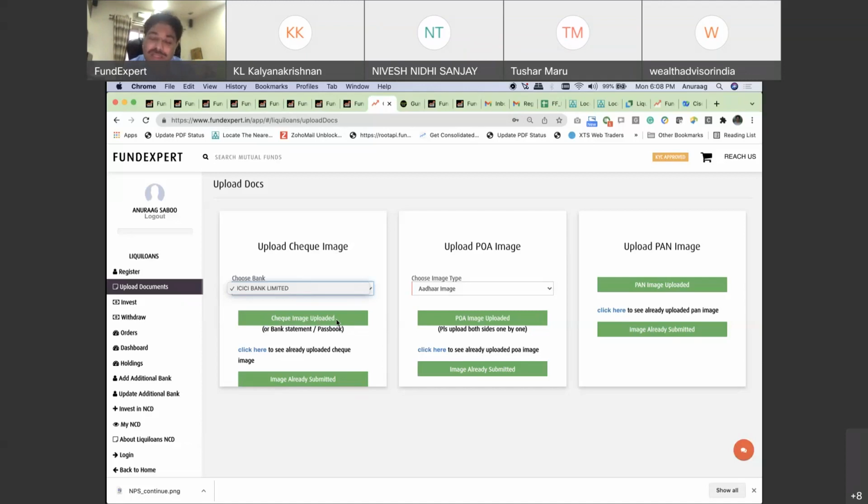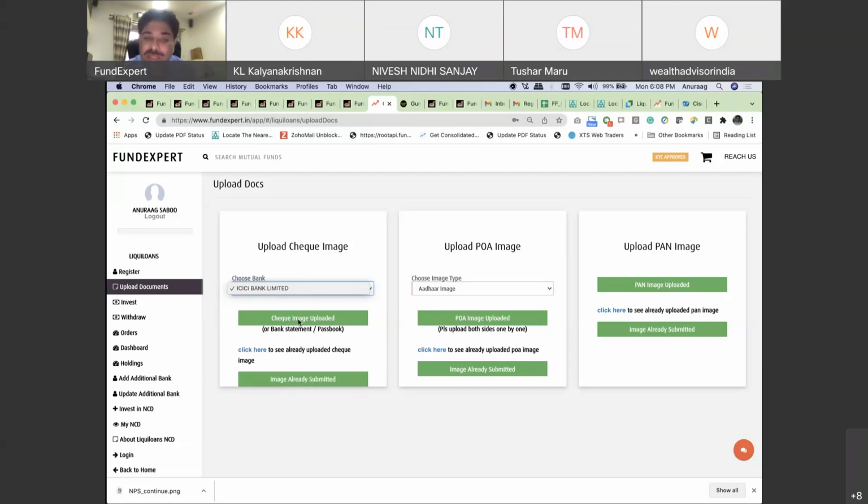Now, a lot of clients will not have a check. Upload a bank statement or upload a bank passbook copy. One of them he will definitely have. So please upload that. That will contain his bank proof. Once it has turned green, you have to click on submit. So click on submit, and this will turn green.